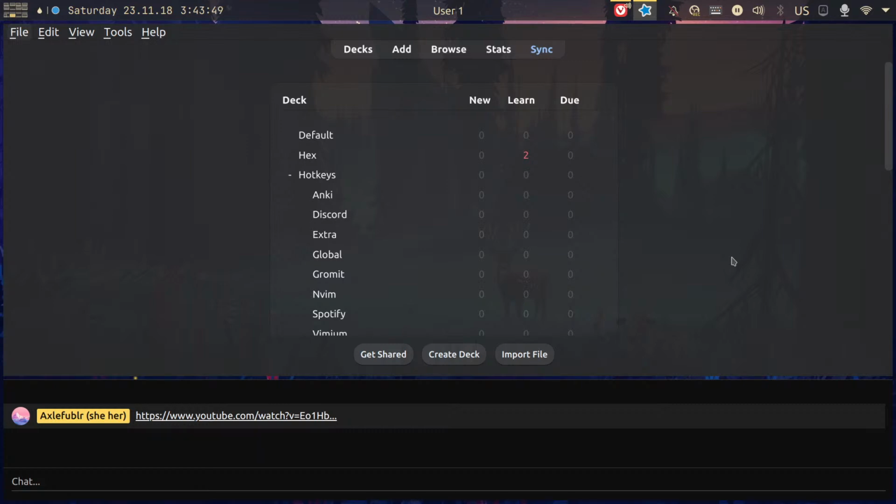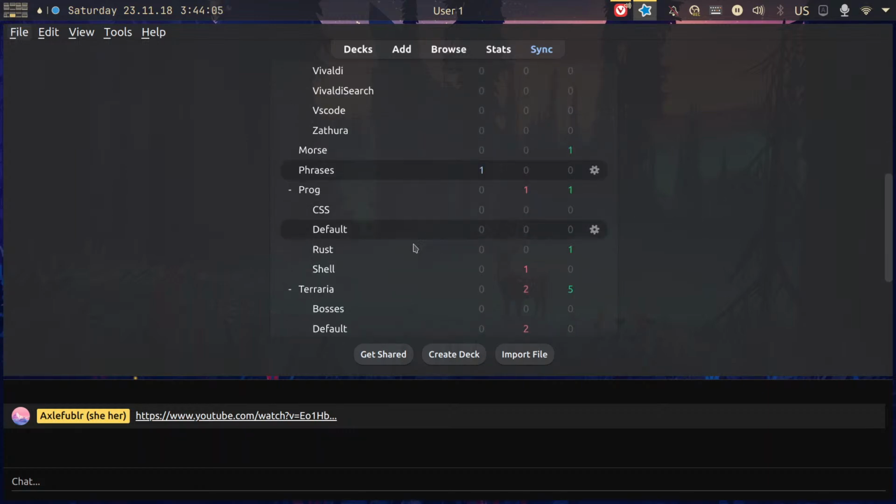this cool little thingy that you can spend a few times a day on, if you're not trying to remember a lot of stuff, it's really just going to be a few minutes. It's quite up to you, because you can decide how many new cards you get in a day. And if you set, oh, I only have the Morse code deck, and only 1 per day that you add as new, then yeah, it's going to be just a few minutes per day,